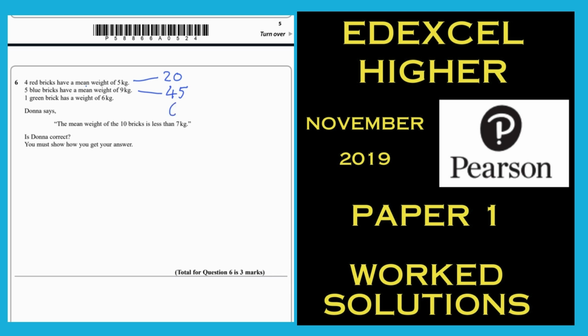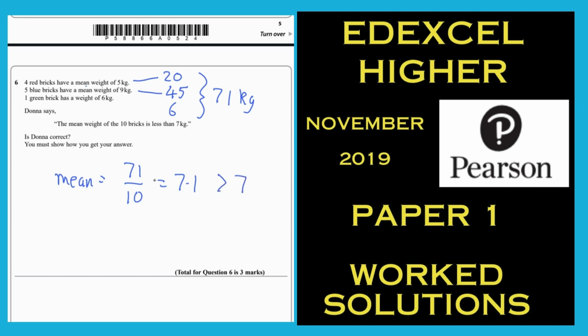And another brick weighing 6, which means you're getting your total weight 71 kilograms for these 10 bricks. The mean of these 10, though, is 71 divided by 10, 7.1, slightly bigger